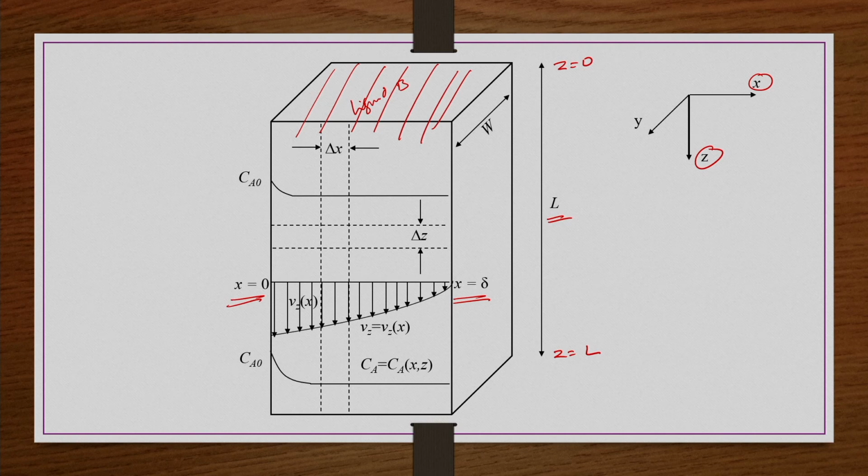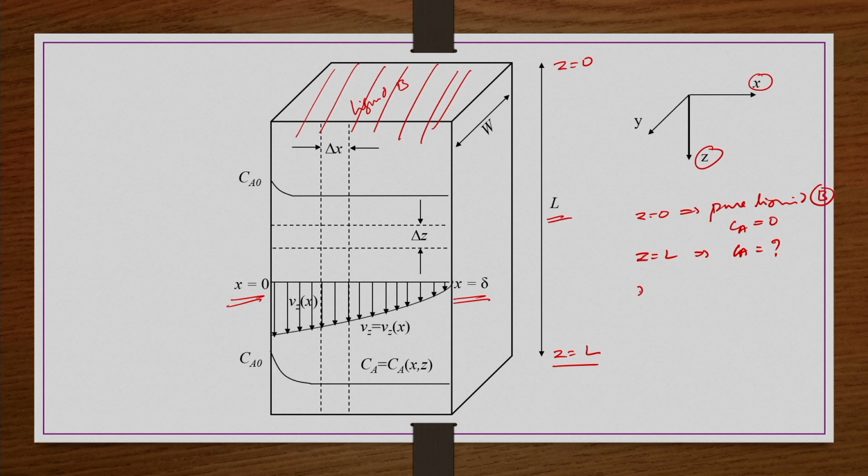So, now we see the boundary conditions. All these details are given in the subsequent slides also, but if you understand from the picture it will be easy. z equals 0 is the location at the top where the pure liquid is there, and then it is falling as a film. So, the concentration of A should be 0 because pure liquid B is there. If liquid B is pure, then there is no A. And at the other location, z equals L, what is Ca? That is not given to us, so let us not worry about it, we will think of it.